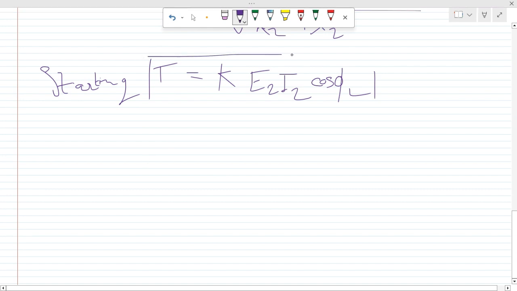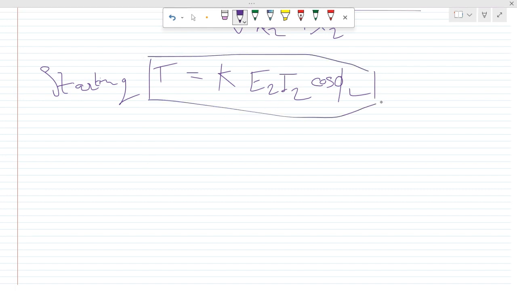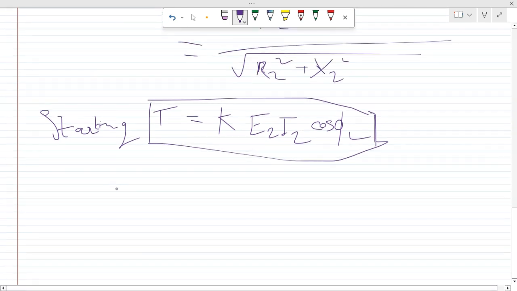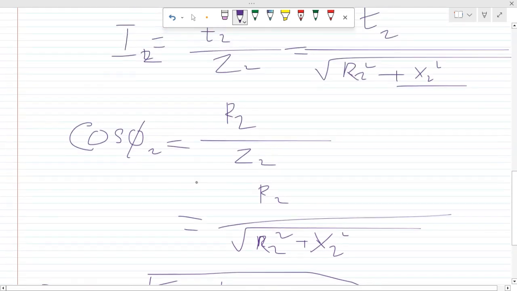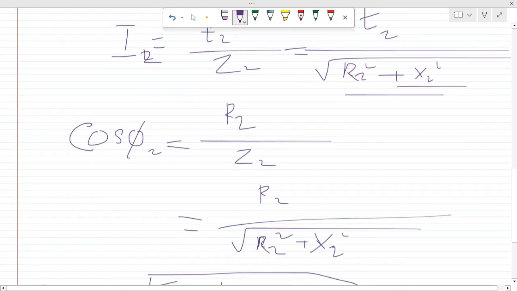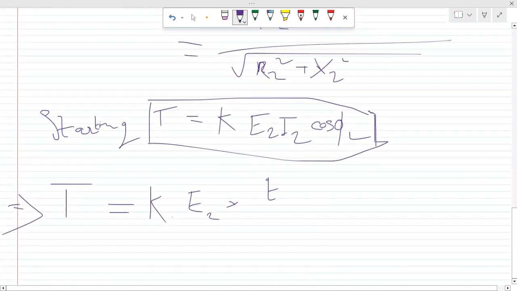So now, again I am boxing this formula because this is a very vital formula. So now I simply have to plot the formulas. K as it is, E2 as it is. Now I2, this is the formula value of I2, which is E2